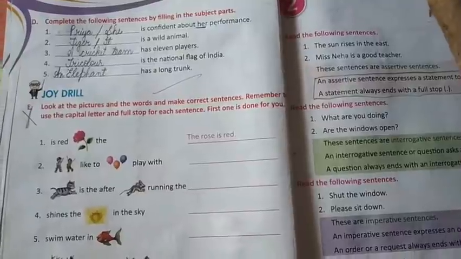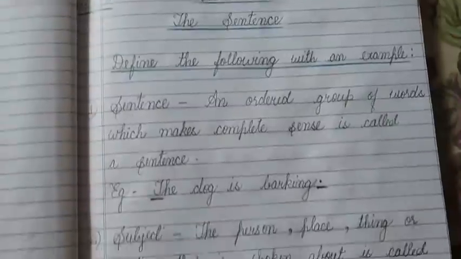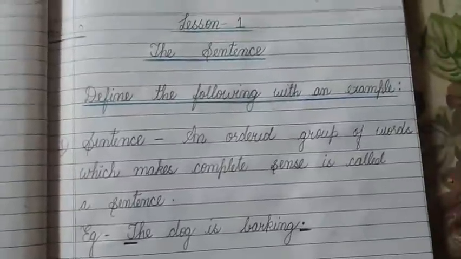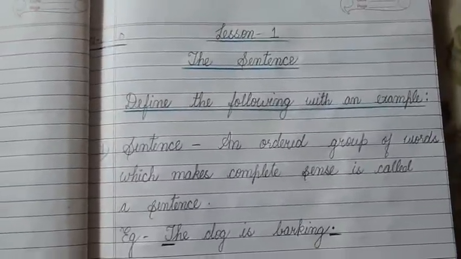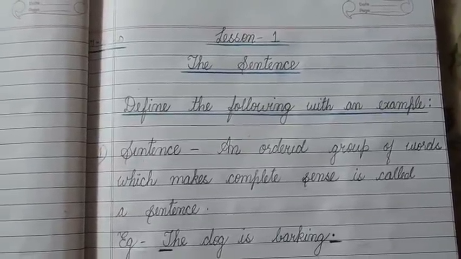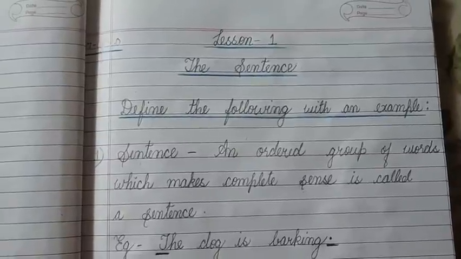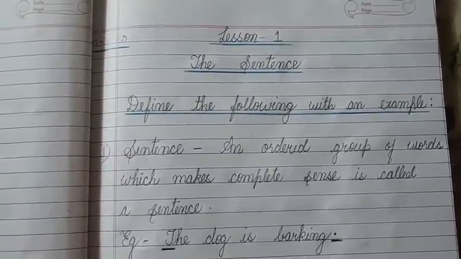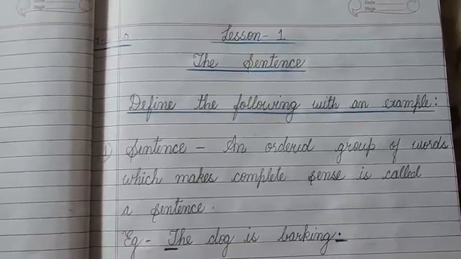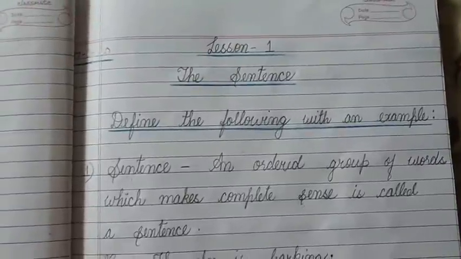Okay, so this is all, the 4 exercises A, B, C, D we have completed. Now see children, till now I used to tell you to write down the definitions in your rough copy. But today I am going to tell you how you will start writing these definitions in your fair copy. Most of you, I hope, have got your books and copies, and those who have not, hopefully you will get them very soon. Those who have got them may start writing their notes in their fair copy, and I am going to tell you how you will write in your fair copy.